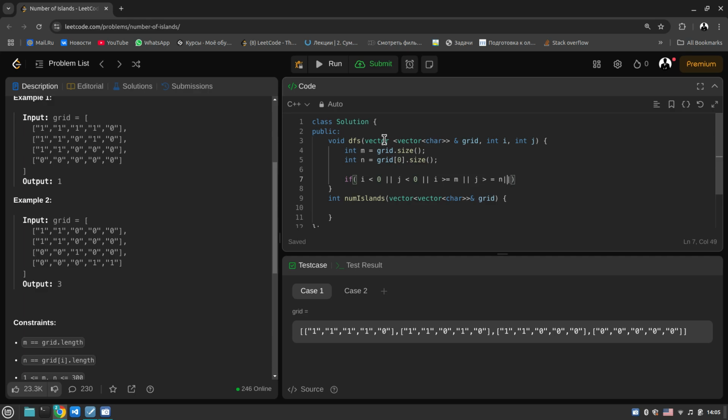and of course in grid if i and j will be equal to 0, and return it if it's not. So, and create a grid like will be equal to 0, 0,